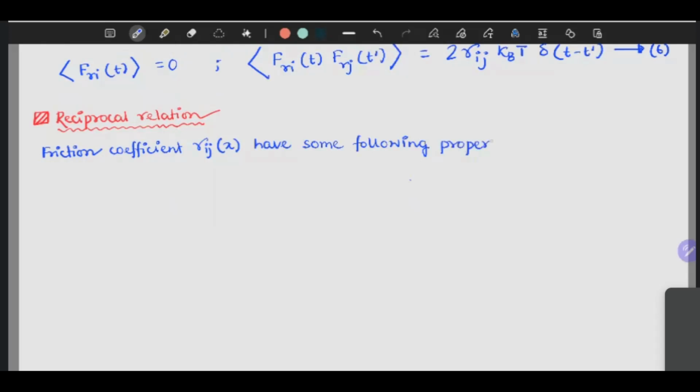So please look into these reciprocal relations carefully, because if you understand this reciprocal relation, then you